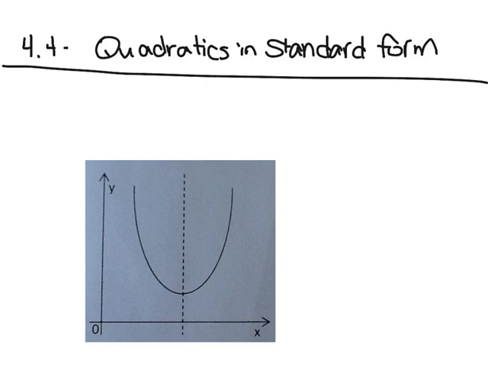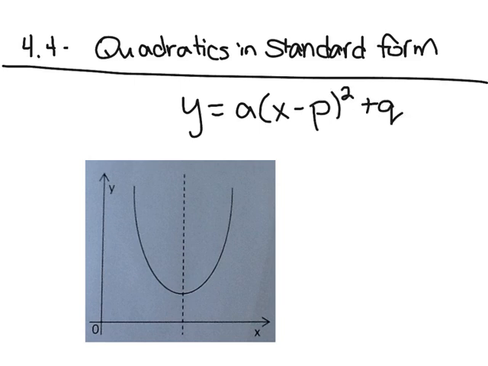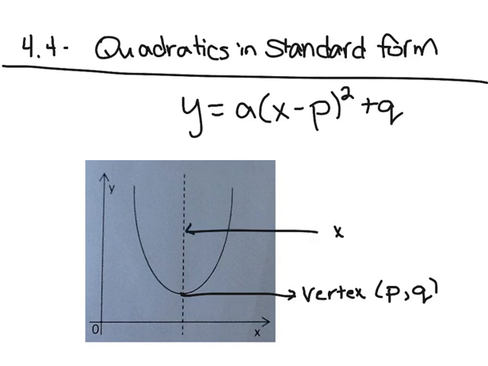Standard form for a quadratic is y equals a(x minus p) squared plus q. And we know that our a stretches and compresses, p is your horizontal translation, and q is your vertical translation. So on the diagram, if this was our quadratic, our vertex here would be (p, q). So however much you've been translated p or q amounts, your axis of symmetry is x equals p, and it